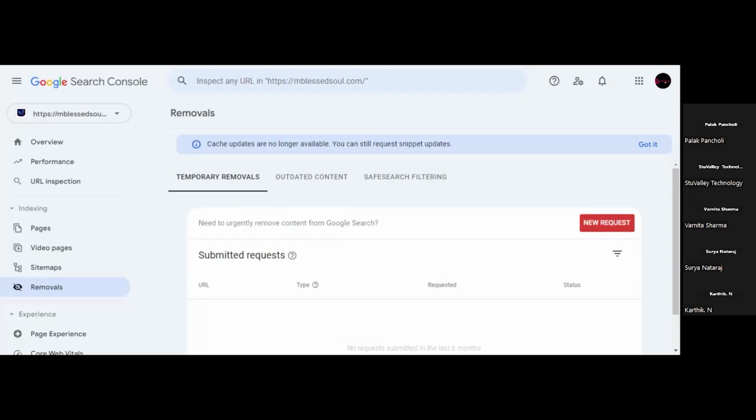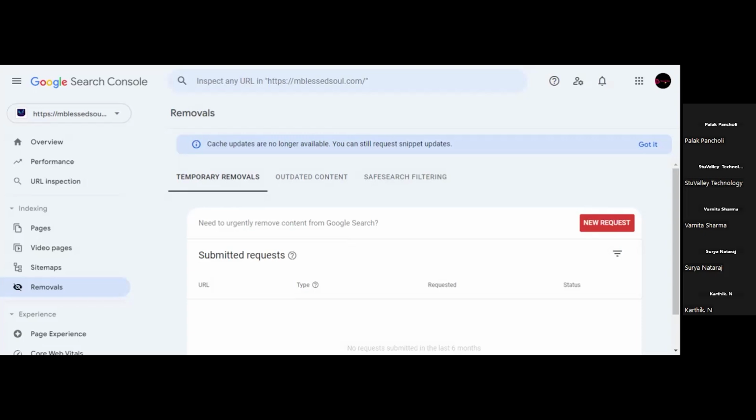First of all, temporary removals. This option hides a specific URL from Google search results for about 6 months. Sorry, it also clears the cached copy of the page, right? Clear cached URL means this option removes the cached pages and the page description snippet in search results until the page is crawled again.